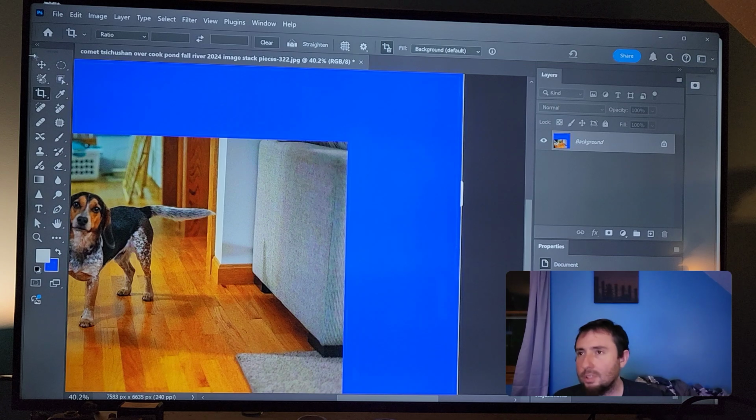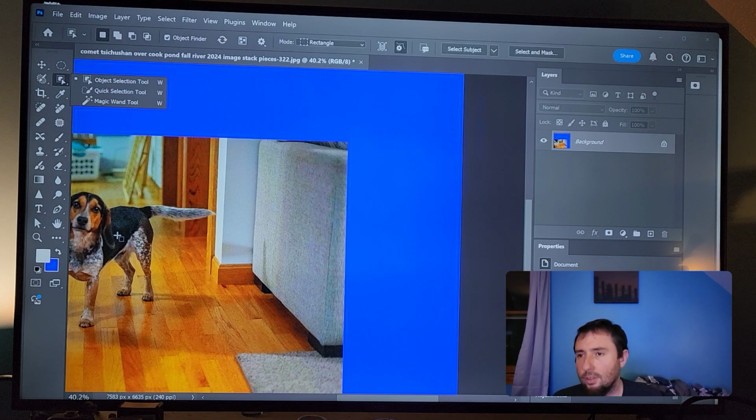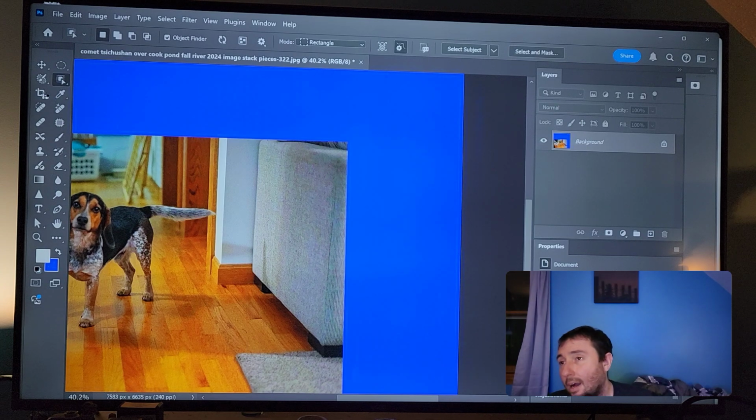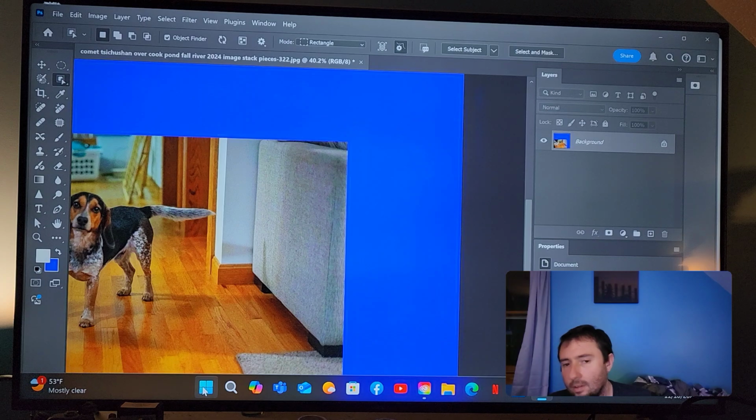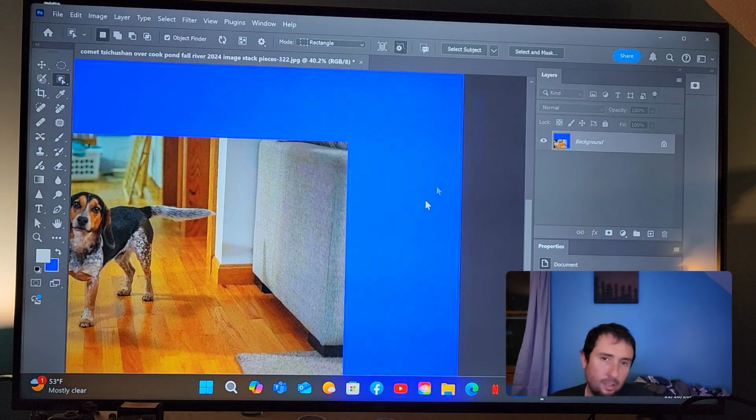And what we're going to do is actually select the Doog first. Actually, we don't even have to do that. And of course, I'm starting to freeze the program because I'm telling it to do too many things at once with a large image.